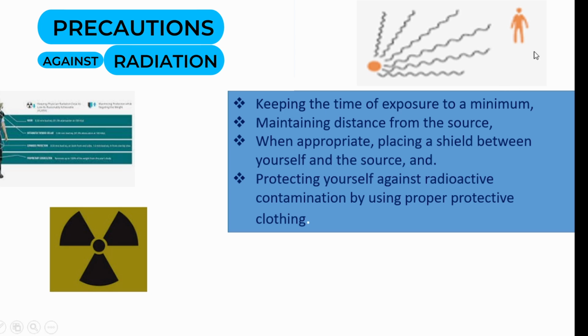So this is just an example. Between the source of radiation and where someone is, the bigger the distance, the lesser the danger or the harm from radiation, or the lesser the dose that this person is going to receive. As I said, radiation is inversely proportional to the square of the distance from the source. So the further away you are, the better you are protected against radiation contamination.